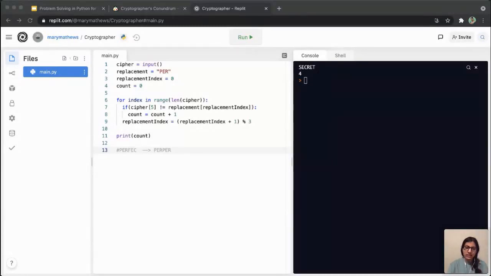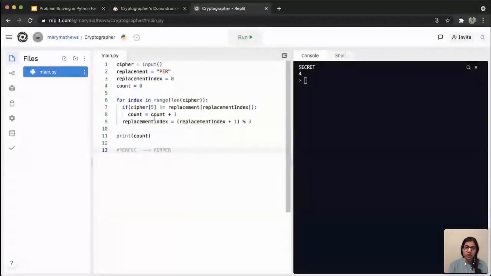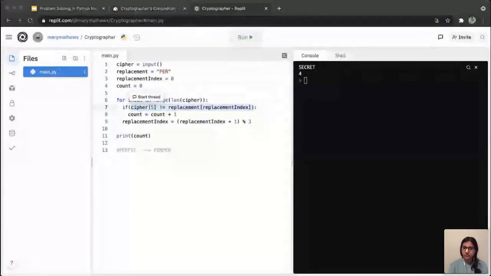Can lines 8 and 9 be switched? Okay, so line 8 is actually inside an if, right? So you can't switch them, because then you can't put this inside the if. This statement has to be executed in every iteration of the loop, but this statement has to be executed only in the case when the two characters are not equal. Okay, so any more questions about this, or can I move on?